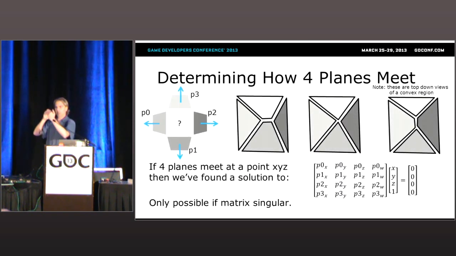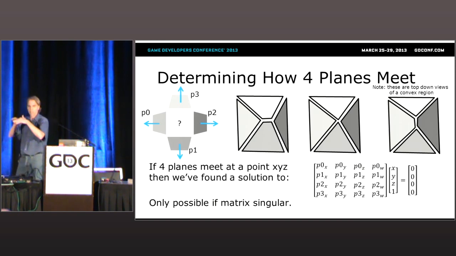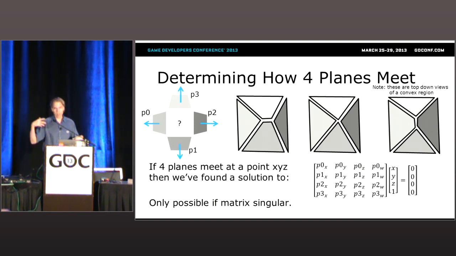I can have the north-south come together first, or the east-west, or they might all actually meet at a point. Well, using what you just learned from a previous slide, you can think, oh, I'll grab 3 of the planes, generate a point, test it against the 4th plane. And yes, that will work. But one of the things that we like to do whenever we construct algorithms is, can we do it in such a way where we're not picking the 3, who's the odd man out,